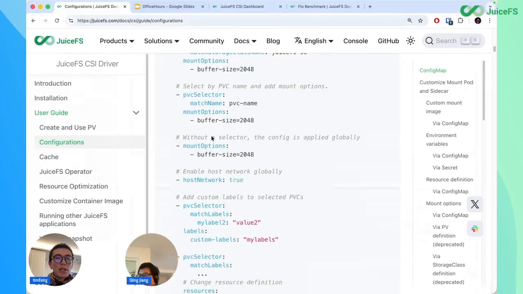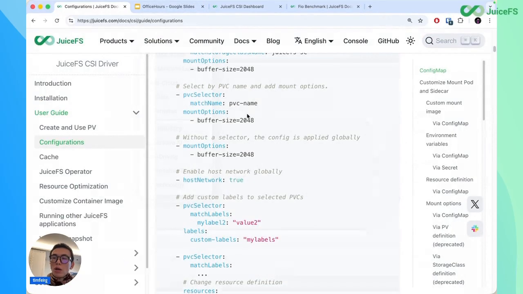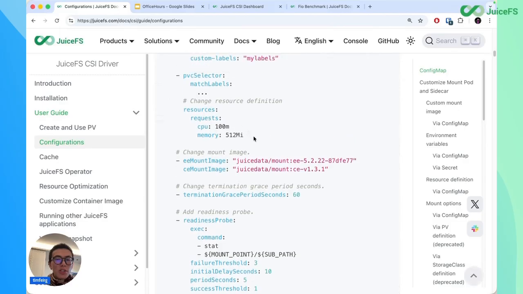So the last topic here is optimizing performance. Well, performance tuning is not strictly related to the CSI driver. It's more of a general topic on the usage of JuiceFS. Well, I guess the only part that's related to the CSI driver is that you have to set the resources definition